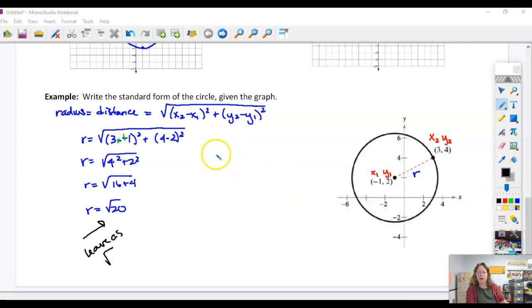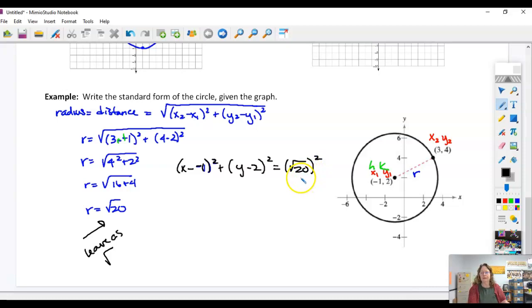So now we're ready for our circle equation. So x minus, and now I'm going to change that to the h and the k. So x minus a negative 1, the quantity squared, plus y minus 2, the quantity squared, equals the radius squared. Okay, we know minus minus is plus a positive, so x plus 1 squared plus y minus 2 squared equals,